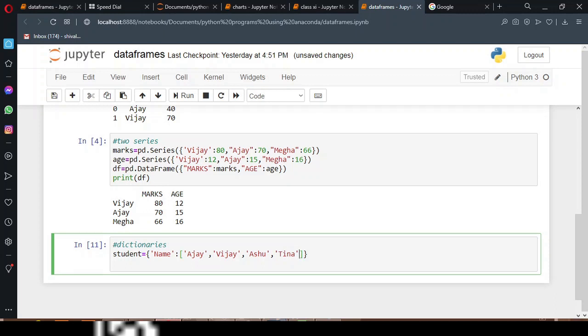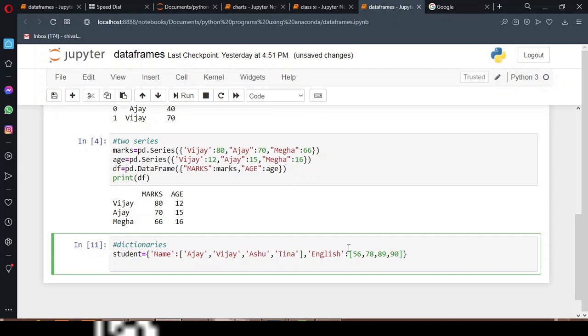So I've taken the students' names as key value. Now I'm going to take one more key, maybe one subject, English, and this is the key, adding values. Now I'll add few numbers.